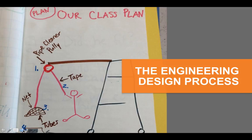So in this, you see our class plan on designing an object to trap the gingerbread man. And so when we asked questions, we needed to learn more about the gingerbread man. And so we read stories about the gingerbread man, and we needed to ask questions about how different materials worked. And so they got to explore how sticky the tape was, and how they could bend pipe cleaners, and how pulleys worked. And so there's a lot of exploration and scientific knowledge that's gained, schema that's built during the ask